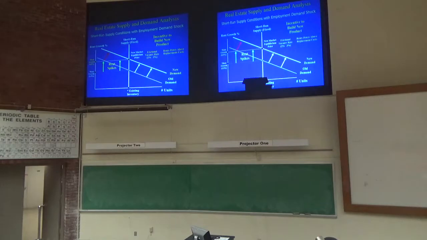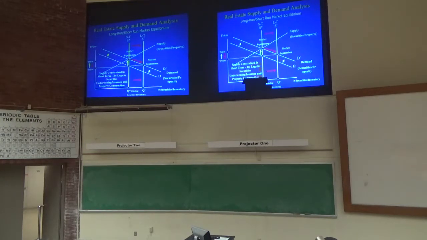At some point, when the value of the property is about 20% above the cost of construction or more, you're going to start to see developers move into the marketplace to start developing product. Because if I can build it at, let's say, $250,000 a unit, but I can sell it at $500,000 a unit, there's arbitrage there. I'm going to build it until I wipe out the arbitrage. Okay? So that's basically what happens.